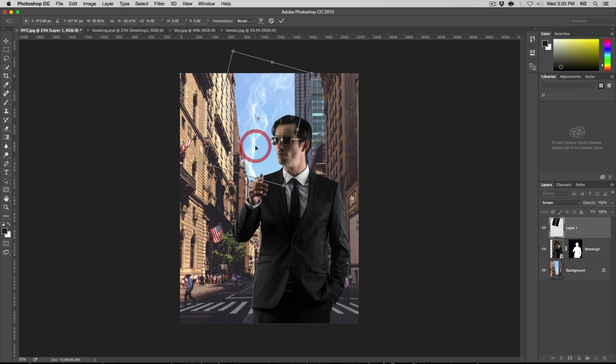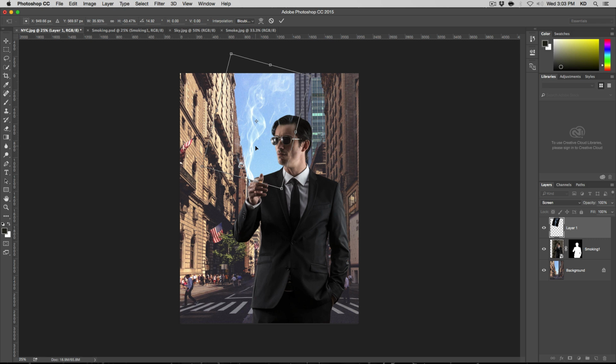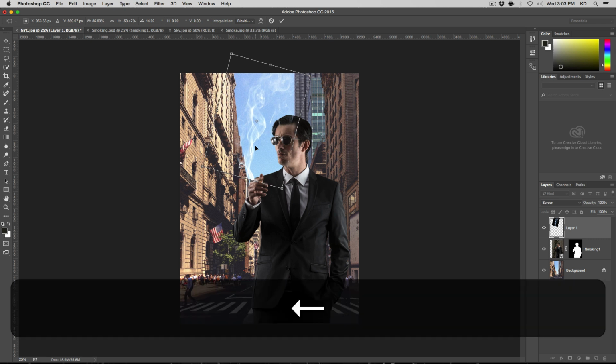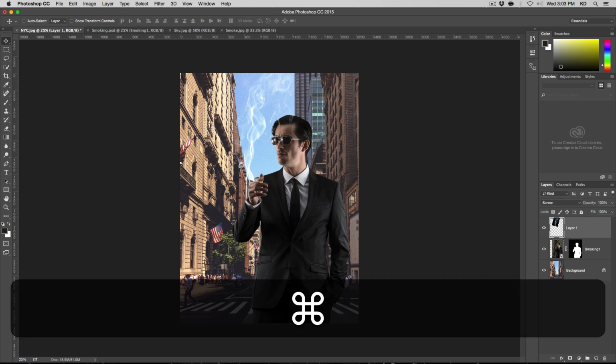Do something like this. I can use the arrow keys if I want to just do a few short movements. So something like this. I kind of like the way this looks, and I'm going to hit return. Okay. Now if I zoom in, which I can do with Command and the plus,